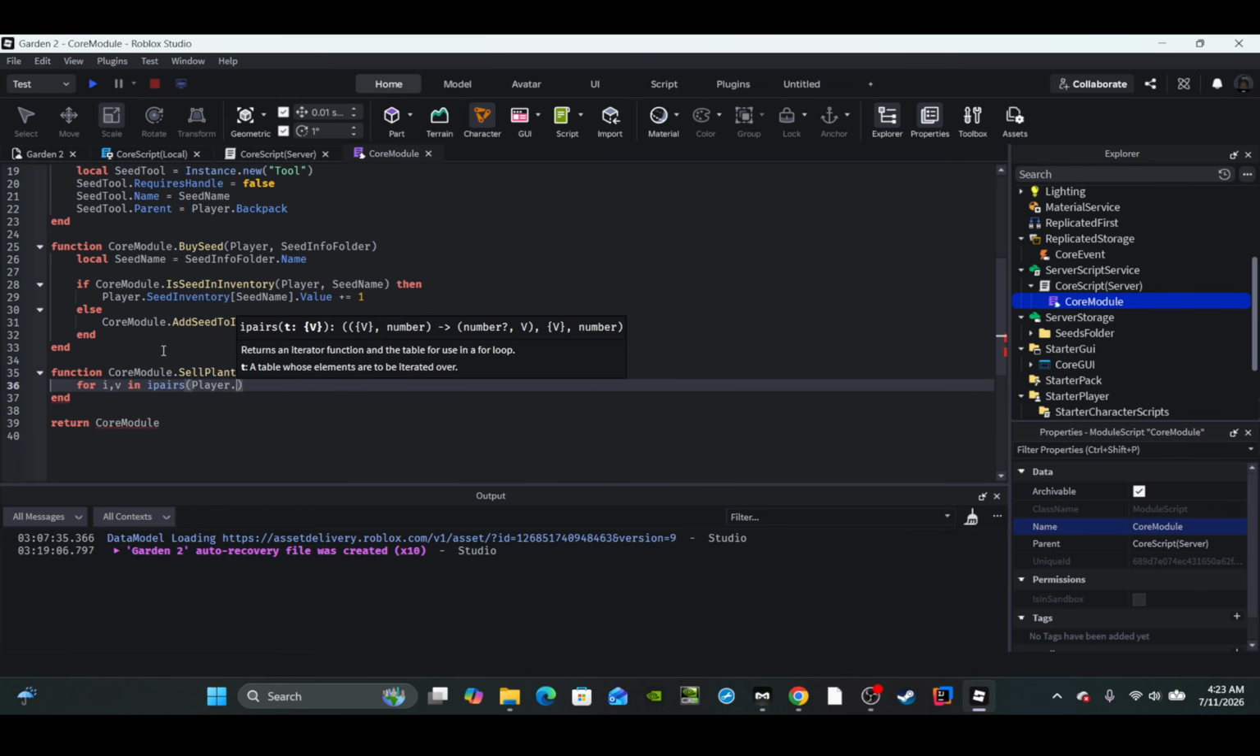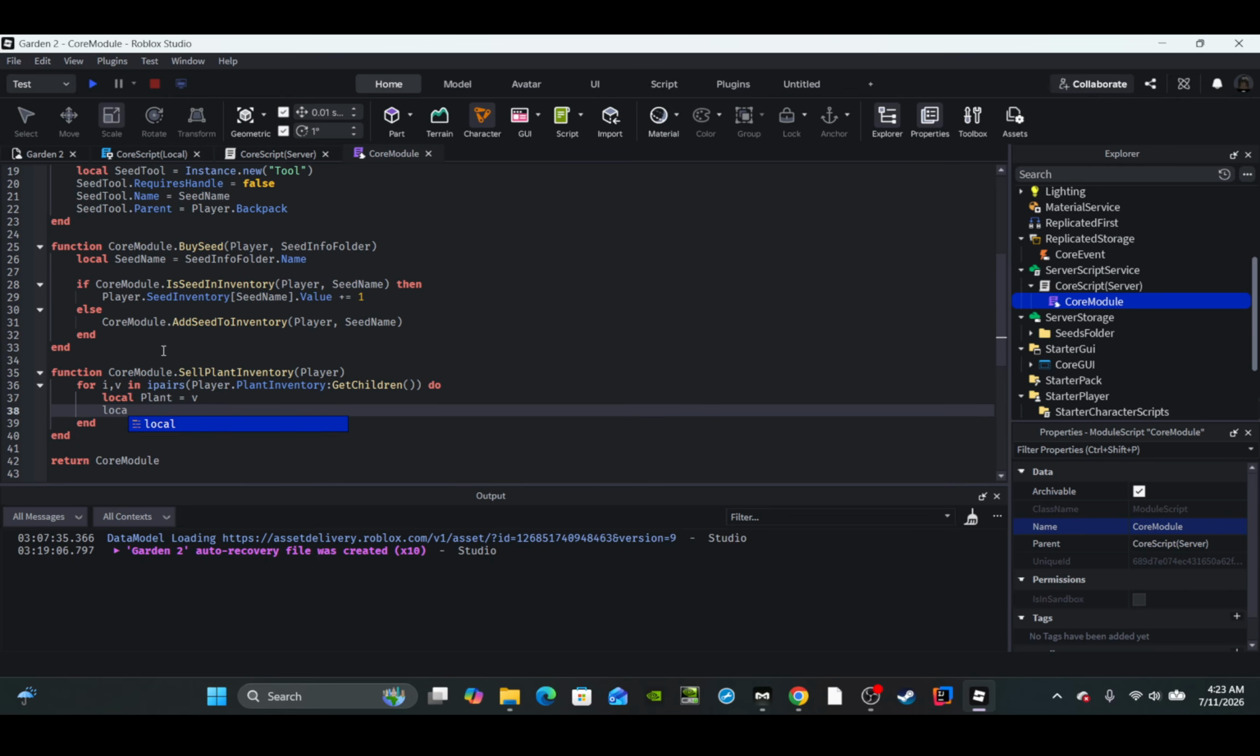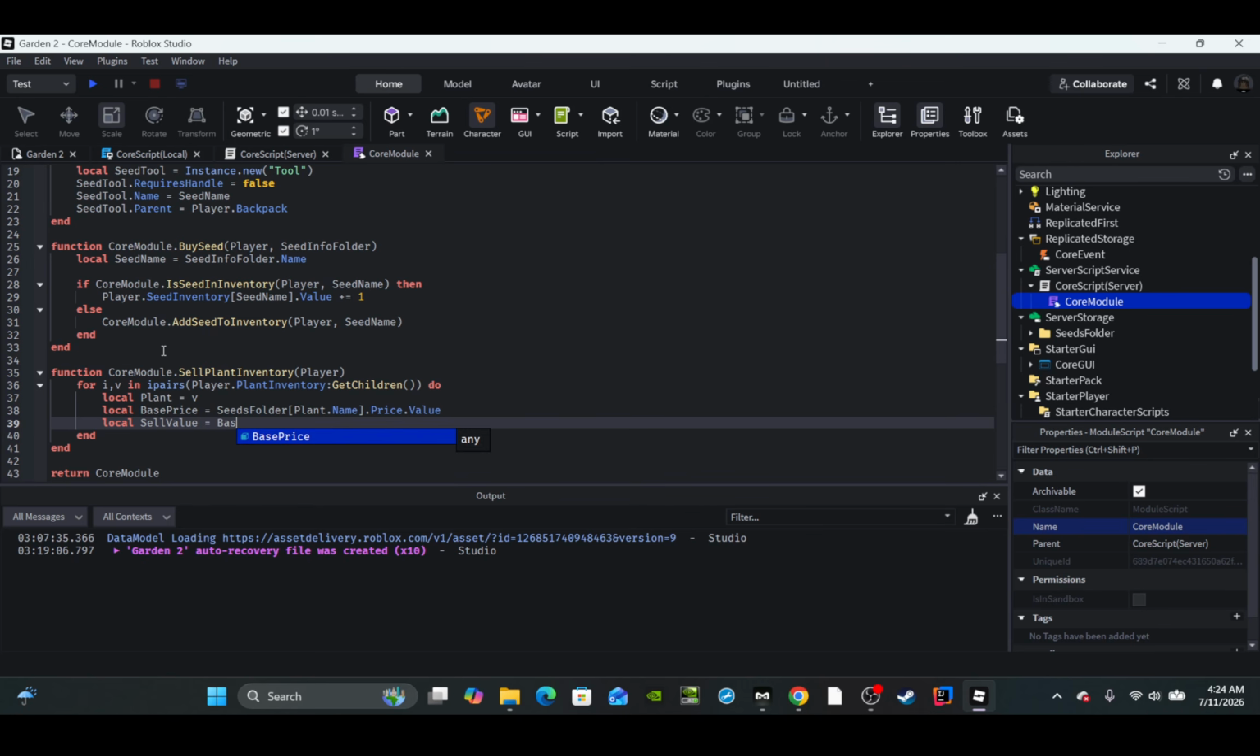We will say player.PlantInventory:GetChildren(), enter. Then we will create a variable for said plant. Plant is equal to v, and then we will calculate the base price, which is equal to seedsFolder[regular]. Let's find the name of said plant, so we'll say .Price.Value, and then we will calculate the sell value, which is the base price divided by 2 times the plant